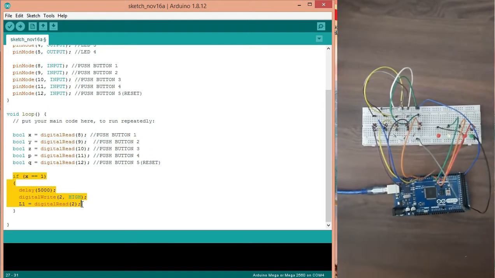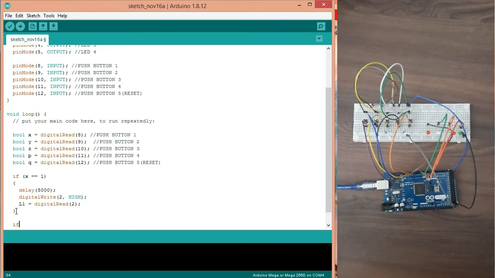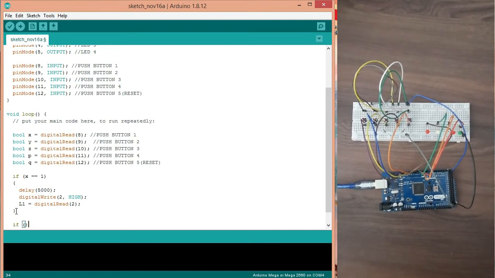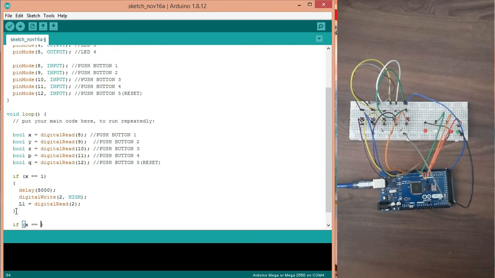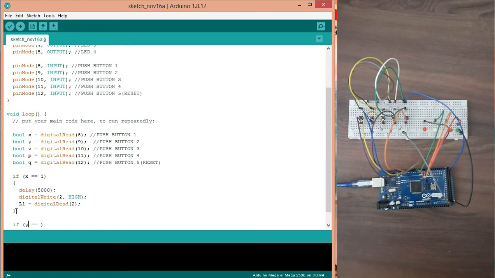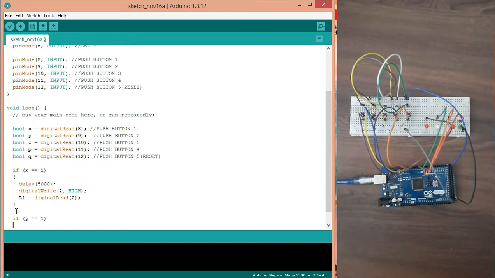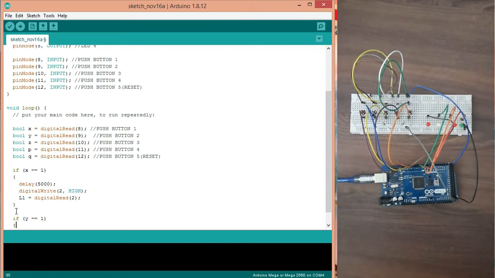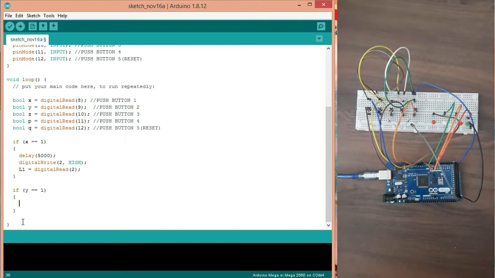After that, we're using another if condition. If Y for the second push button is equal to 1, then delay.